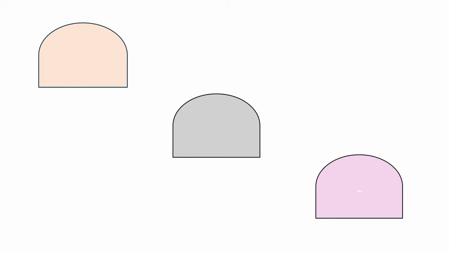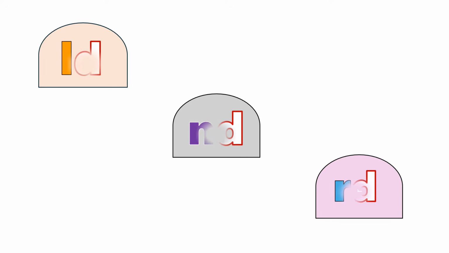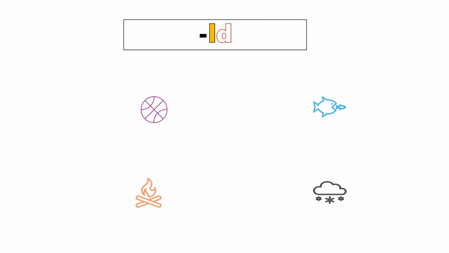How about if D is followed or combined with other consonants like L, N, or R? How will the word sound if the letter D is silent when it is followed by such consonant letters? Let's find out. Let's start with the LD combination. Listen to how the word is pronounced with the silent D.